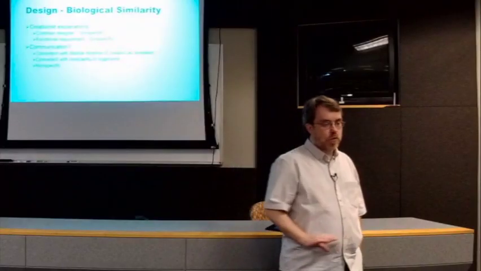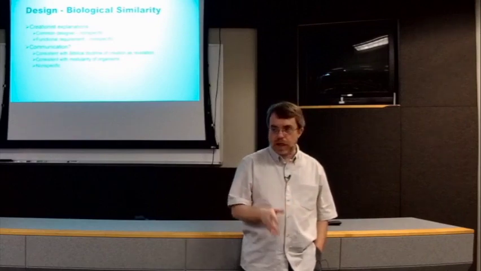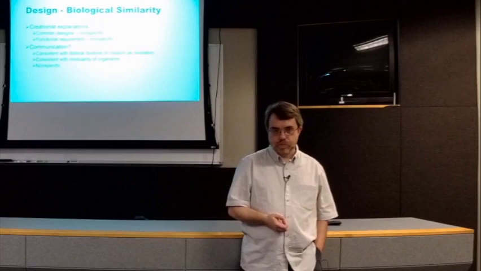There are a number of creationist explanations that have been proposed. The easiest one, the simplest one, the one that I think appeals to people sort of on a gut level, is the common design argument, right? So the evolutionist says, look at the common structure in the arm of the cat and the arm of the person. They must share a common ancestor. The creationist says those are two common designs, indicating that the cat and the human had a common designer. And that's true. No question. I can't argue with that.